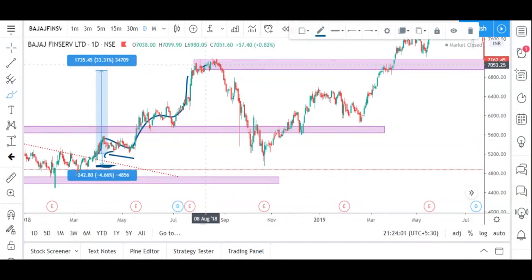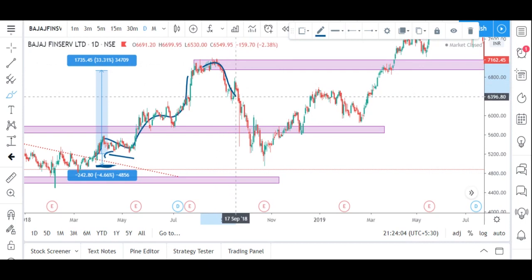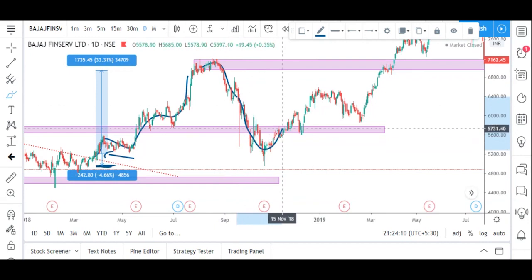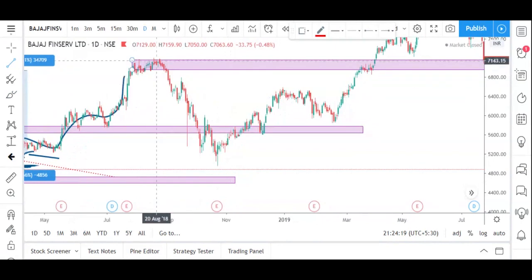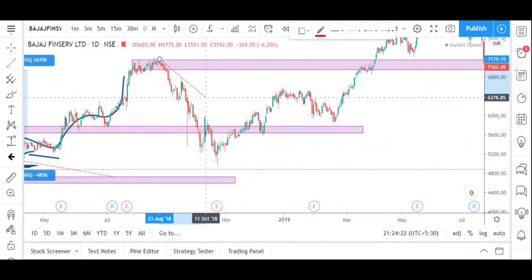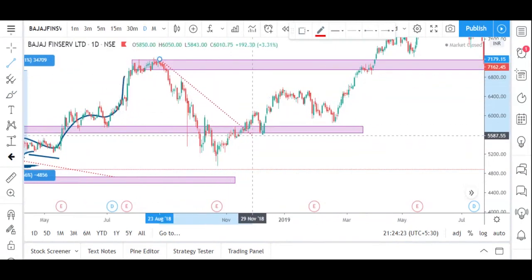So the stock has broken this resistance and taken a pullback. Here you can see this is the support region, this is the support area. Okay, so what we do here is we again take a short-term trend line from the highest point. We just take it till the